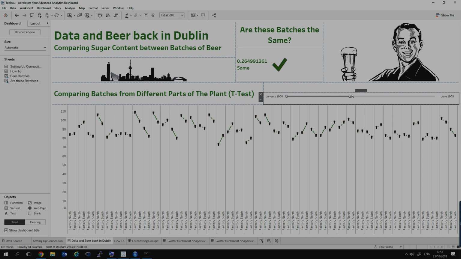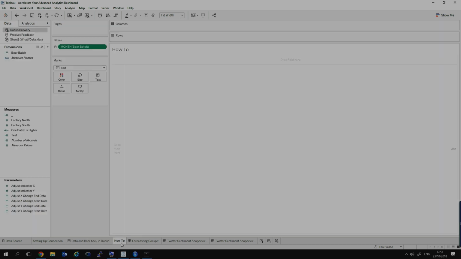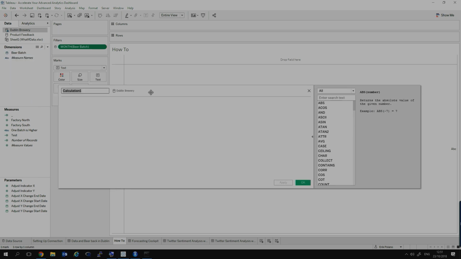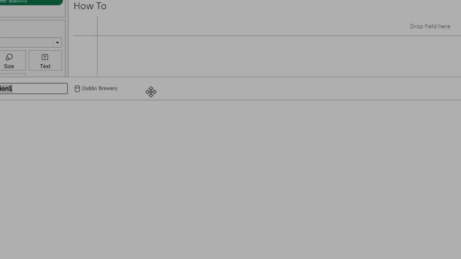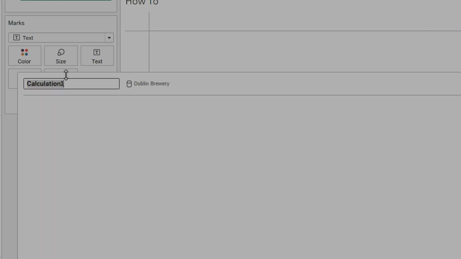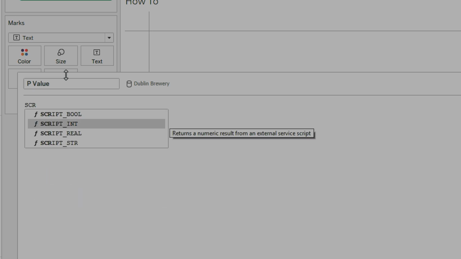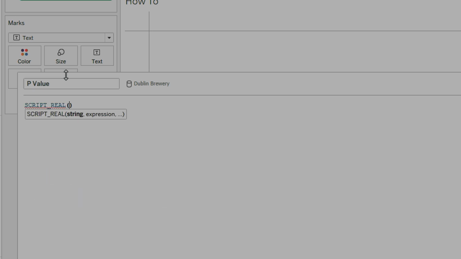But let's go in and understand a little bit around how we build this calculation so that you can see this live as well. Within this case, I'm going to start off by creating a calculated field that I'm going to use to calculate that p-value. So I'm going to call this my p-value. And just like with that forecasting example, I know that I have to use a SCRIPT_REAL because I have numbers here that are contained within the real domain.